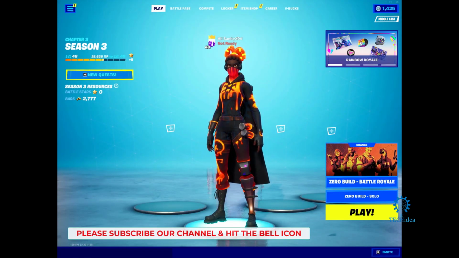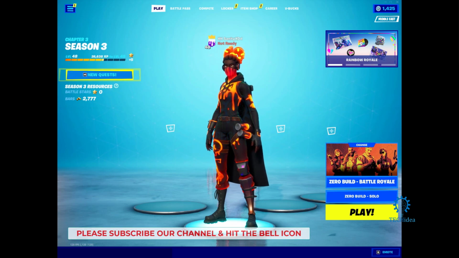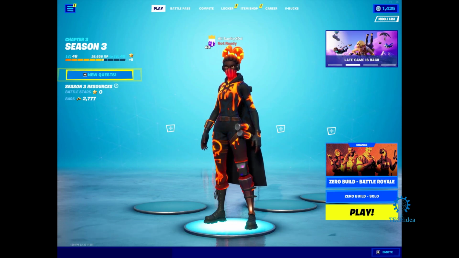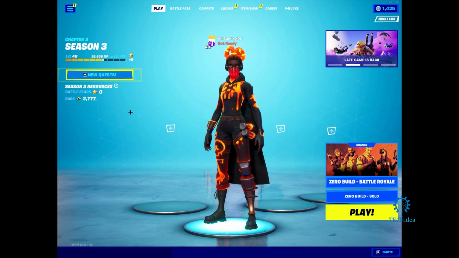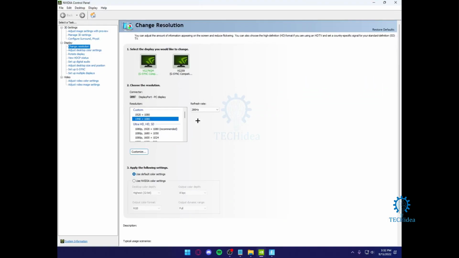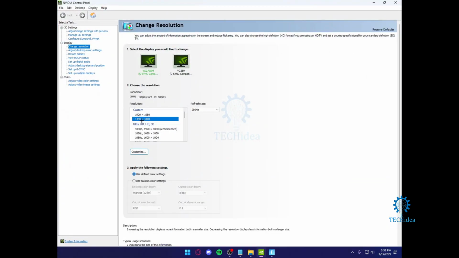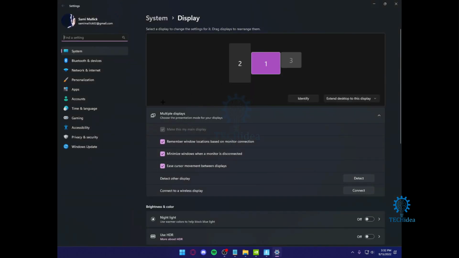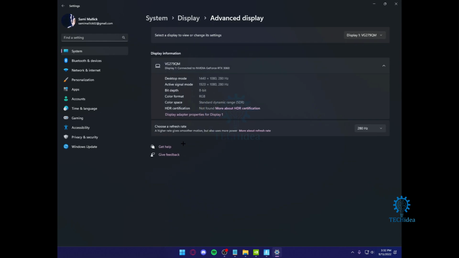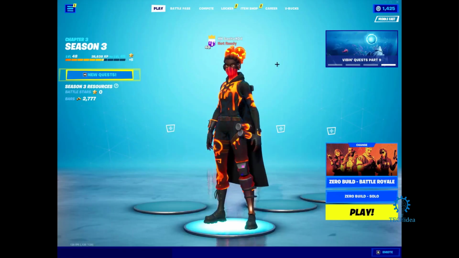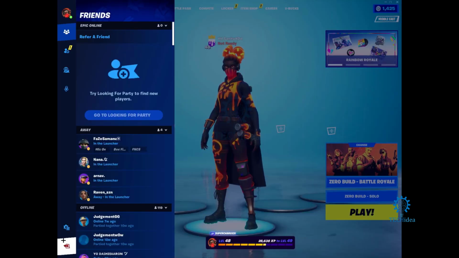First and foremost, you want to open up your NVIDIA control panel. I alt-tabbed out of the game. Alright, so here, as you can see, this is my NVIDIA control panel. In my NVIDIA control panel, I created this custom resolution, which is 1440 times 1080, and this is currently my desktop resolution as well. So if I open up my desktop settings, right, my desktop resolution, advanced settings, is 1440 times 1080, right? And after putting this custom resolution, all you want to do is head over to your game